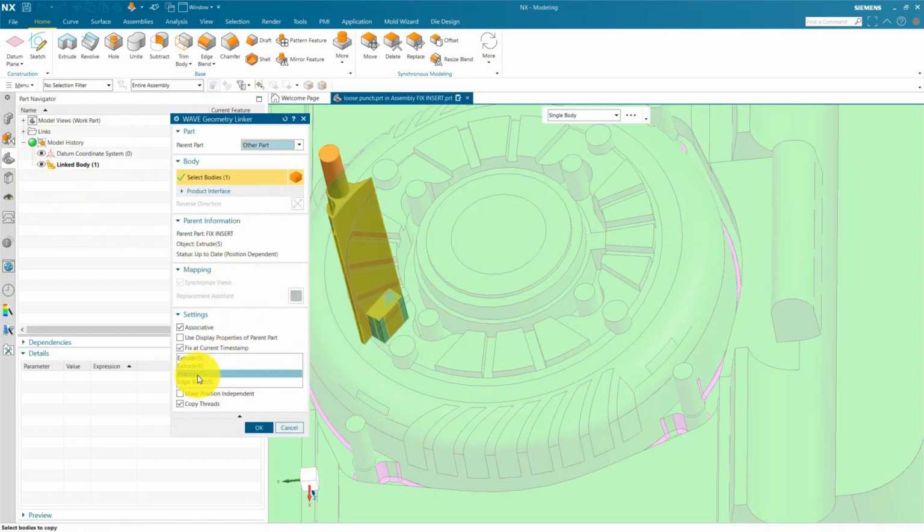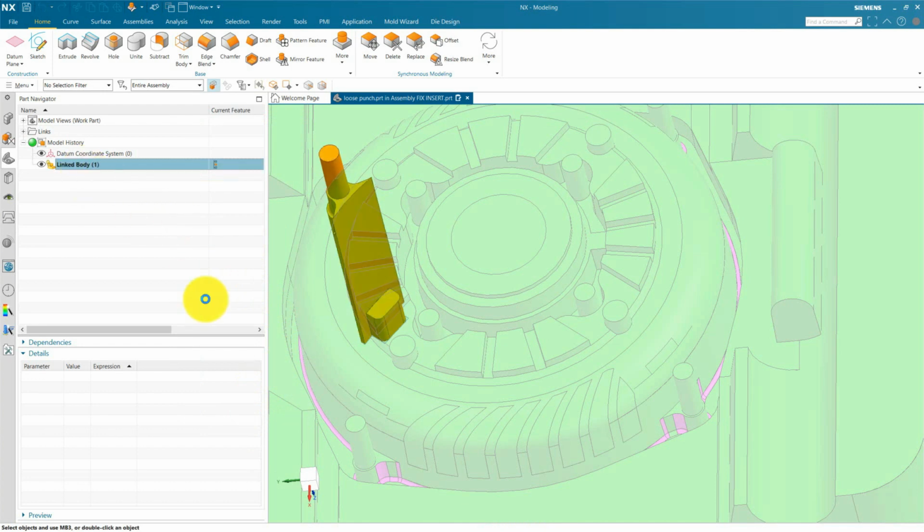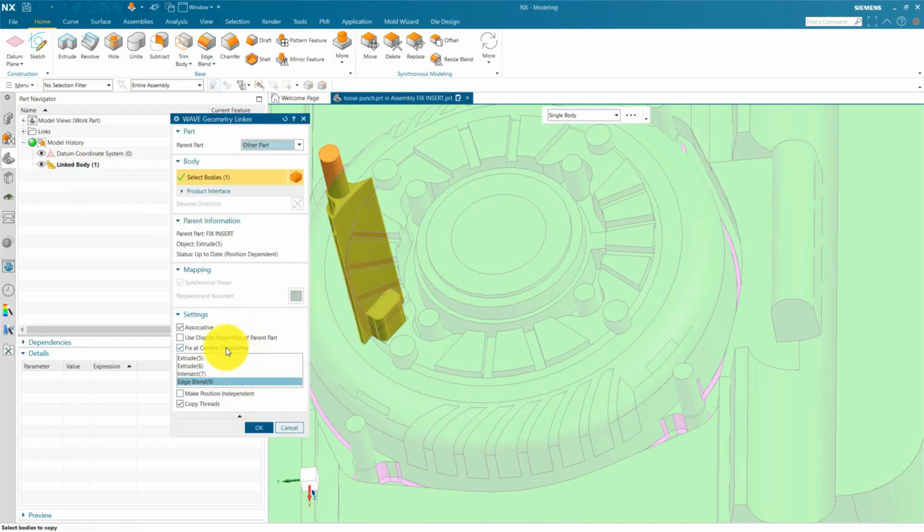It will only update before this intersection command, because we apply this fixed current time stream when we are in intersection. So we need to update edge blend, so we need to select this and press OK. So we need to use this option very carefully. I do not recommend using this option if you do not see always. You need to check always where the fixed current stream is locked. If you do not want to use this, there is also a method I will show after this example. Press OK for that.